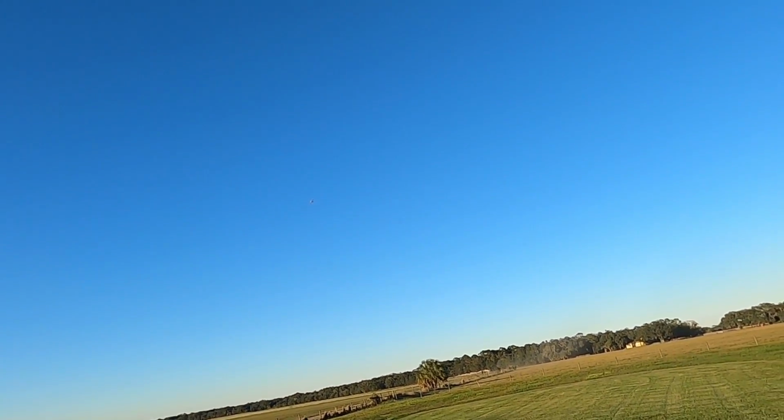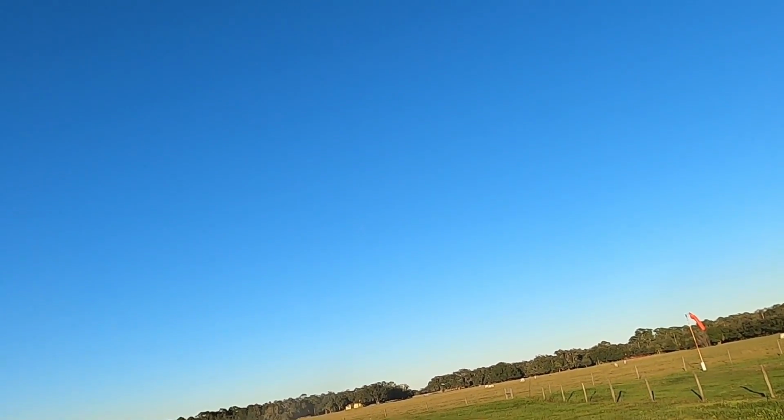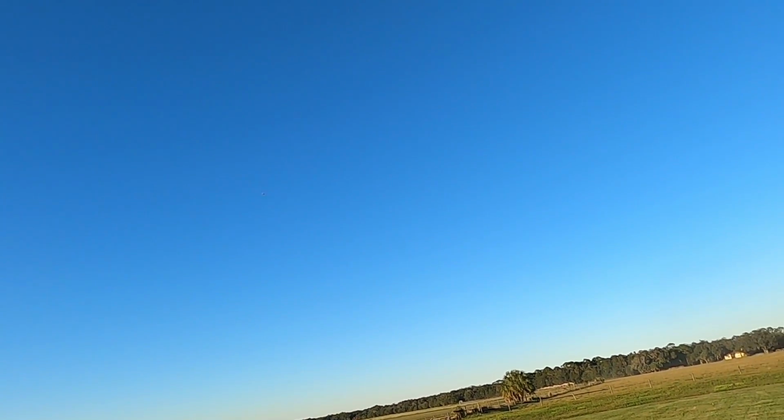This is just a great little jet. I need to go in there and change the control surfaces before I can get some more deflection. So